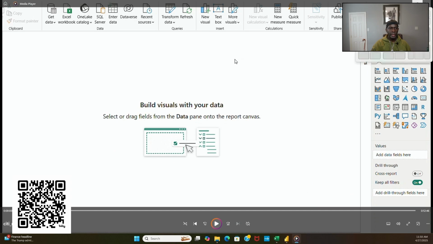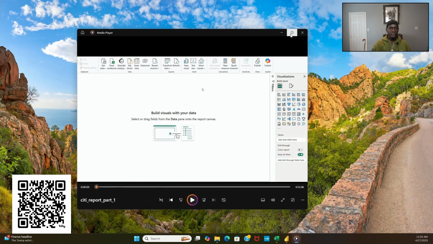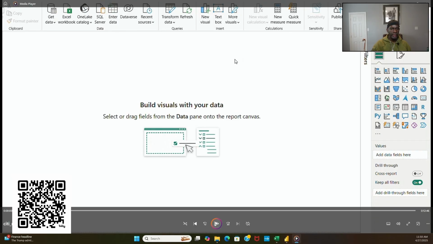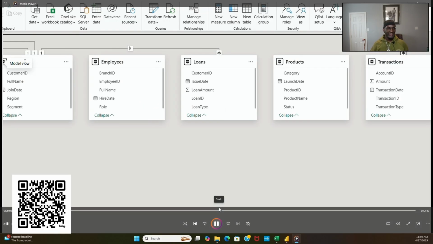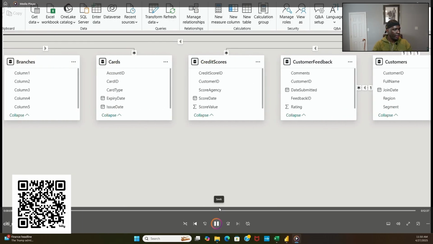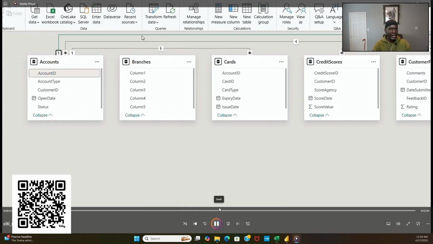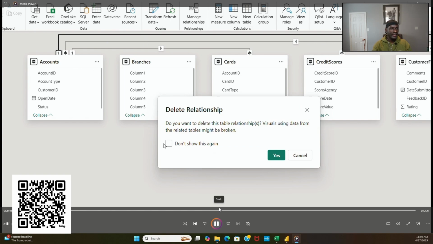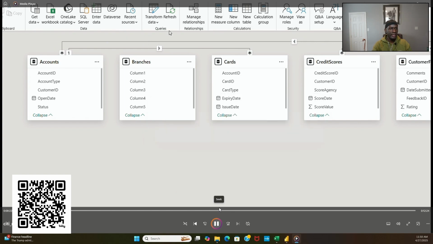So we are here over on the Power BI report, and now what we're going to do is go through actually creating the Power BI report for Citibank or Citigroup, however you want to call it. Of course, remember that this again is not the actual Citi data set. These are not actual Citi data sets that we're using, but they're very similar. Myself and the team have created data sets very similar to data that would be used in a financial services